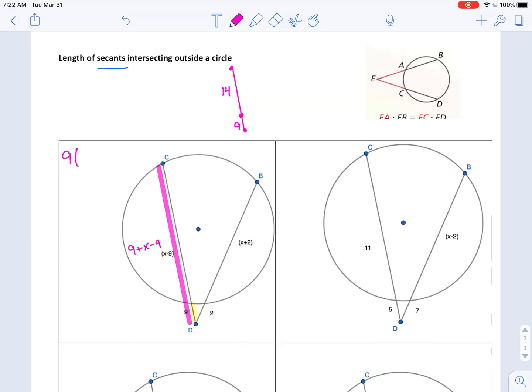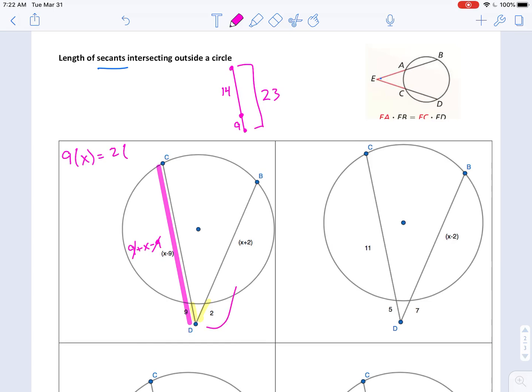For example, if I had a segment here that was 9 and 14, then to find the whole segment, I would just add 9 and 14 to get 23. So here I just added the two pieces. The 9 and negative 9 reduced to 0. So 9 times x equals,